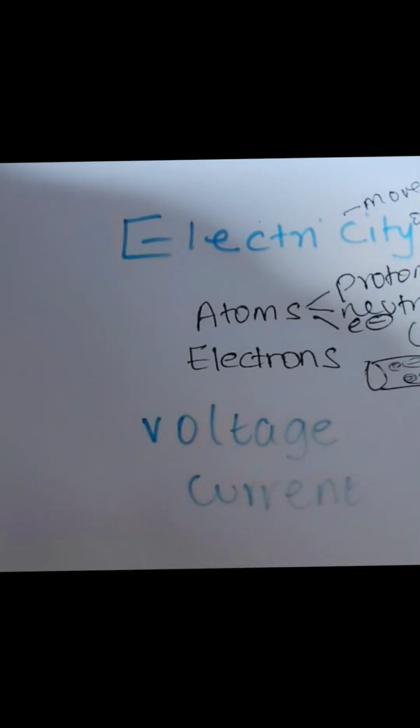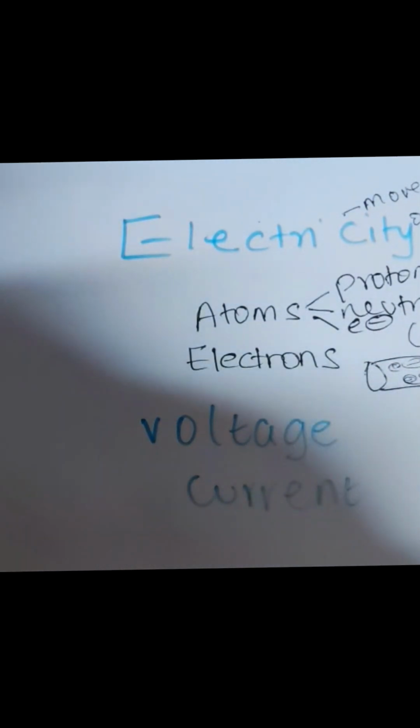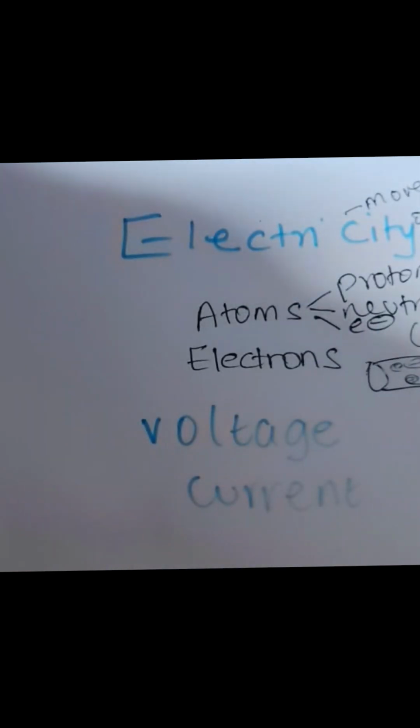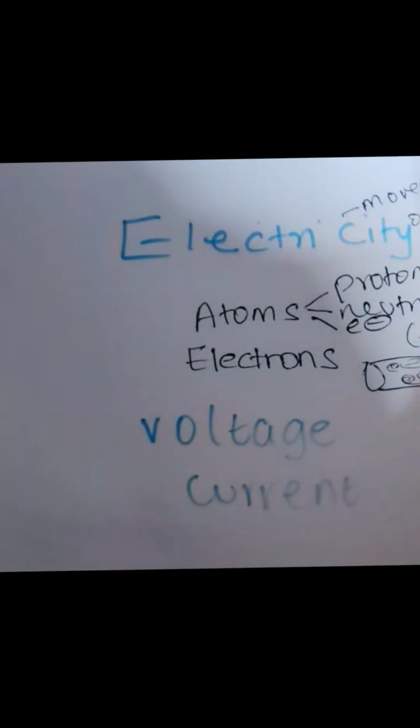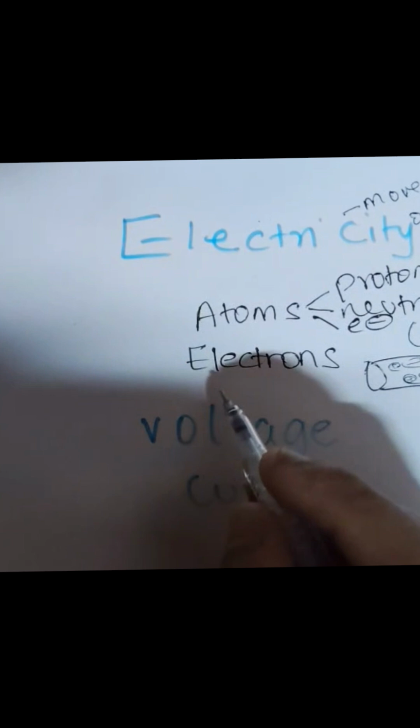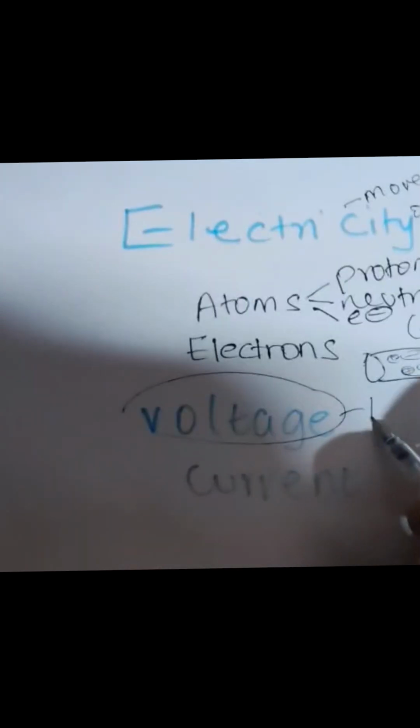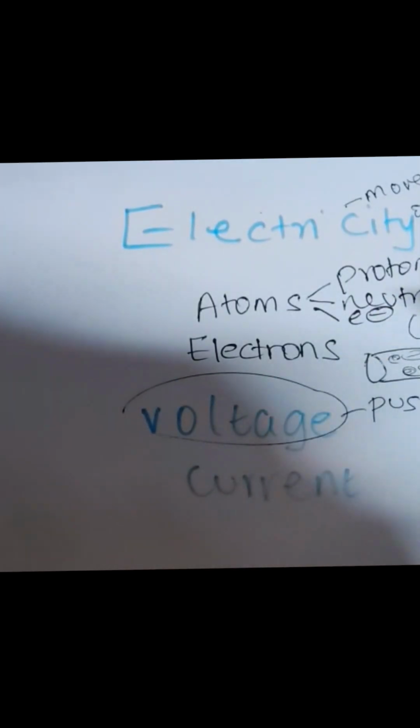But what makes the electrons move? Why did the electrons suddenly start moving? Who pushed them? Imagine hundreds of cars are parked in a parking lot. Now what happens? The cars won't move unless someone starts them. The electrons also need a push. This push is the voltage. Voltage causes the push. It can be in the form of a battery or generator.